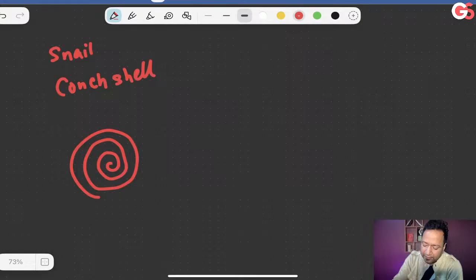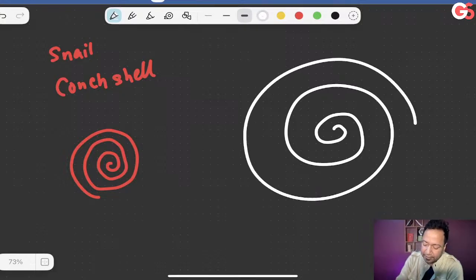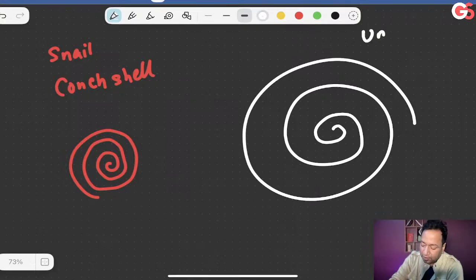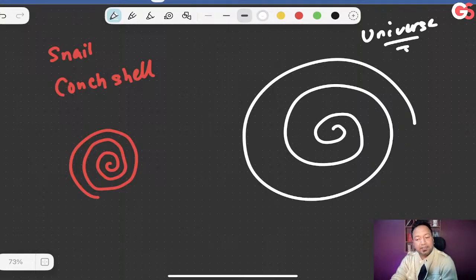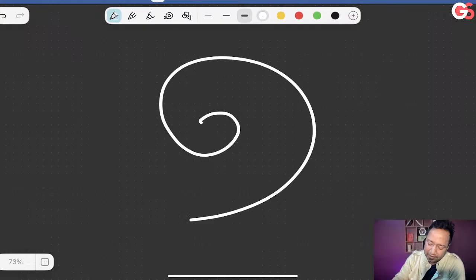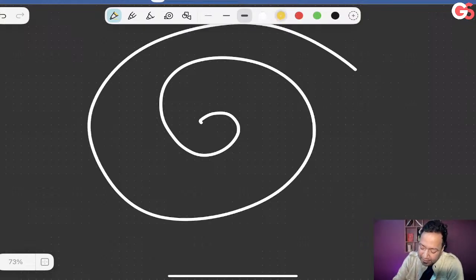Not just this, even our universe. If you look at that, the universe looks like this, right? Yes or no? You have not seen the universe like that, but I'm pretty sure that you must have seen the figures of it, the images of it. Have you? So you know what mathematicians found out? You'll be surprised to know. So all these naturally made spirals, what happened? If this